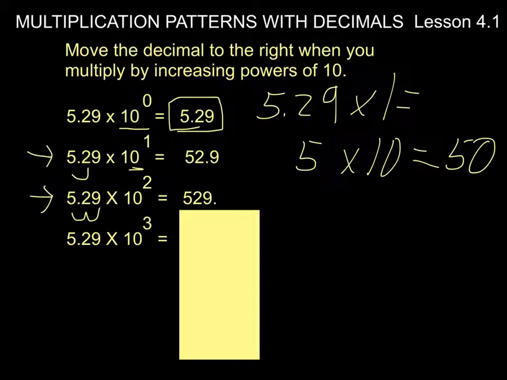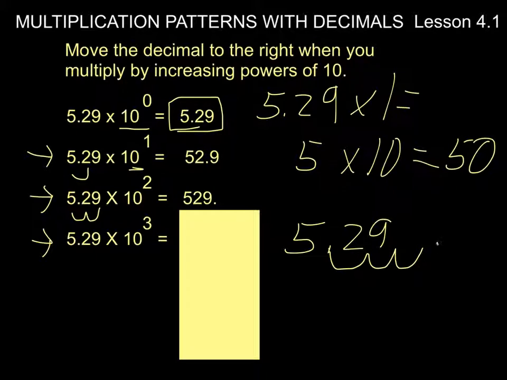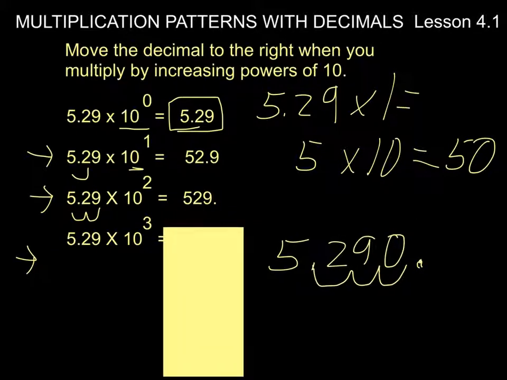Next, we're going to multiply 5 29 hundredths by 10 to the third power. And in this case, we're going to move the decimal 3 places over to the right, write a decimal, and fill in a 0 as a placeholder, which gives us